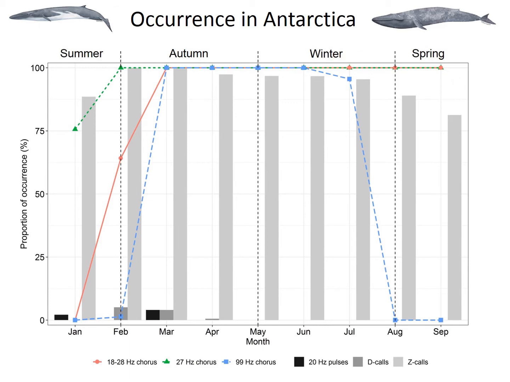With fin whales, it is known that they tend to avoid ice, and our results show that there was a negative correlation with sea ice. When sea ice started to form around the mud rise, fin whale calls started to disappear. But it is interesting that we detected the chorus up to September, when most of the calls were not recorded.